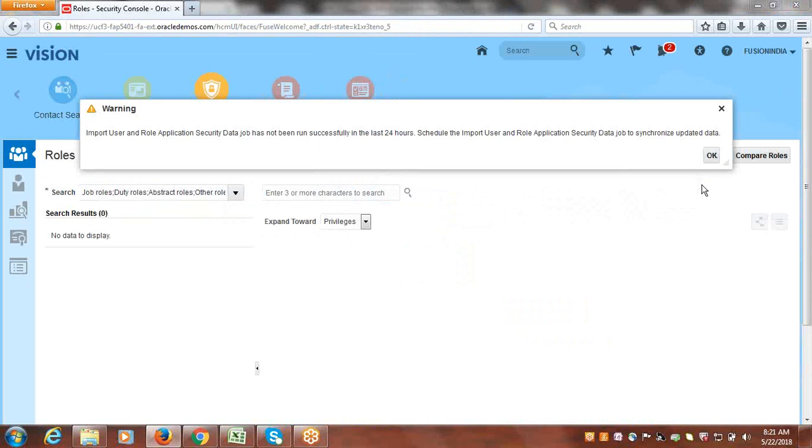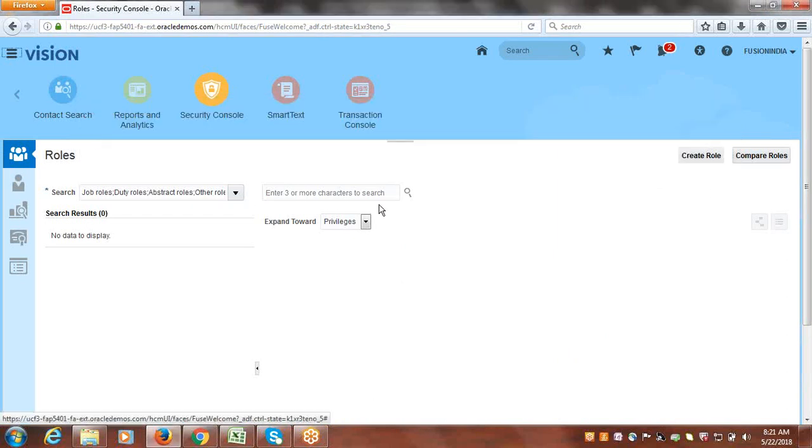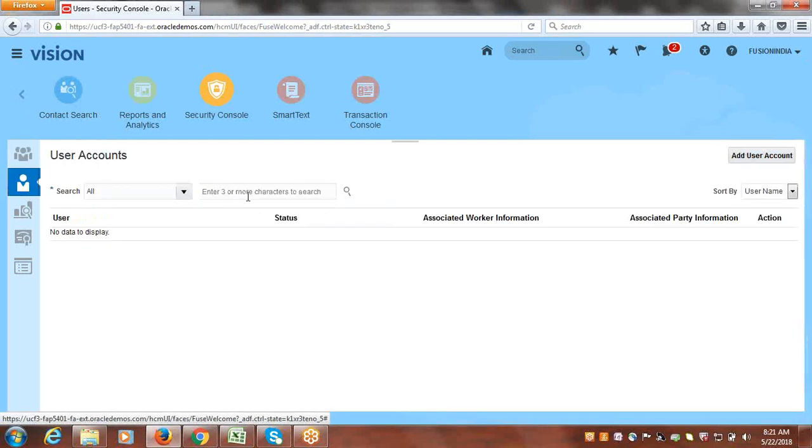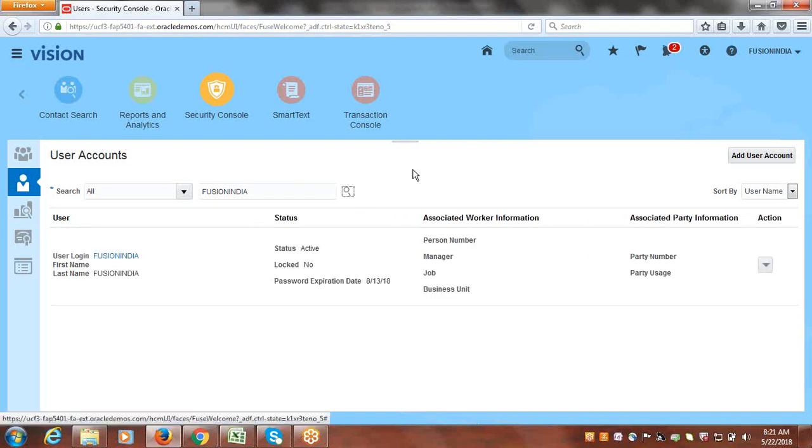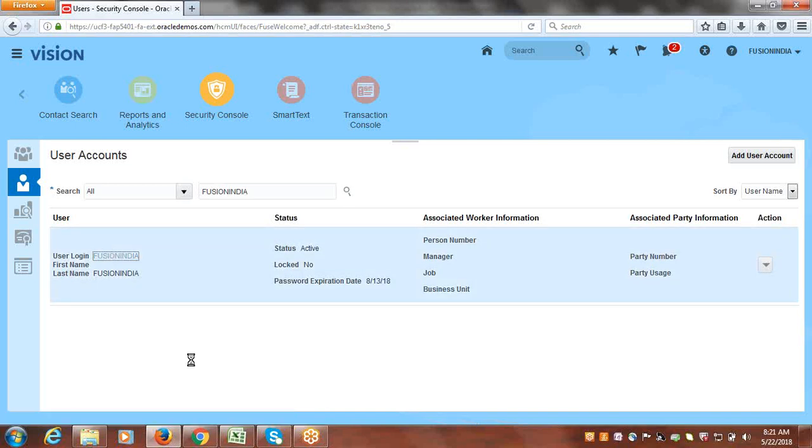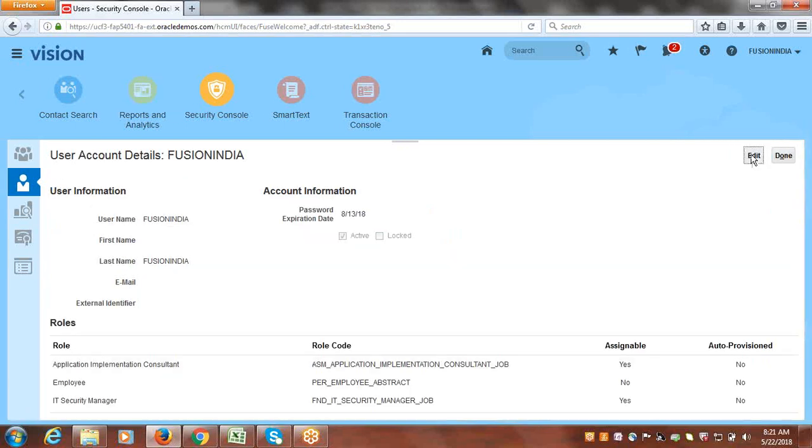Okay, so you can just close this message. Go to users, find our user. Our username is Fusion India. Search. To assign the roles, click on user login. Just click on edit